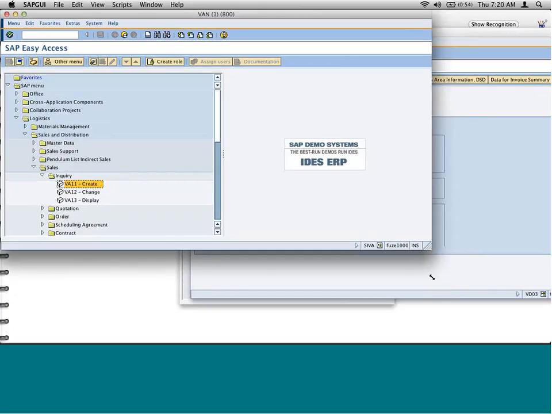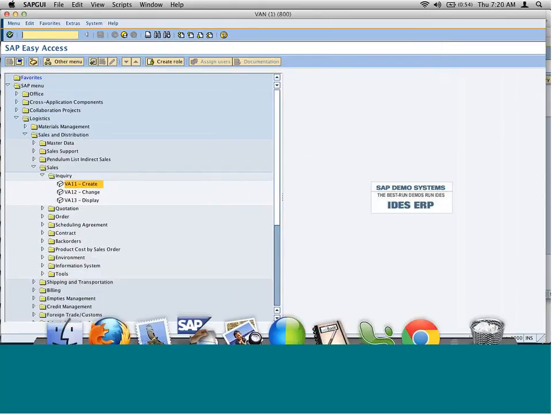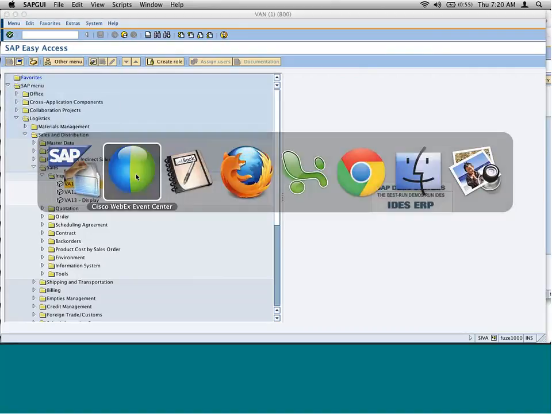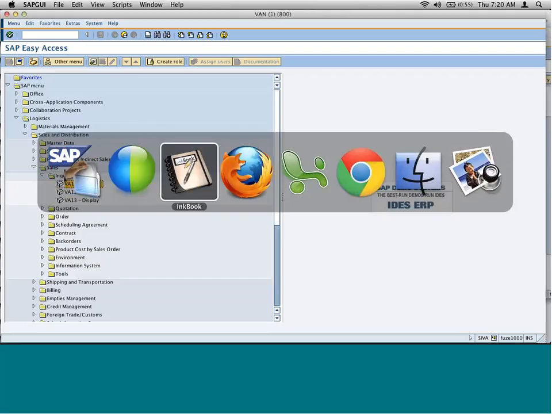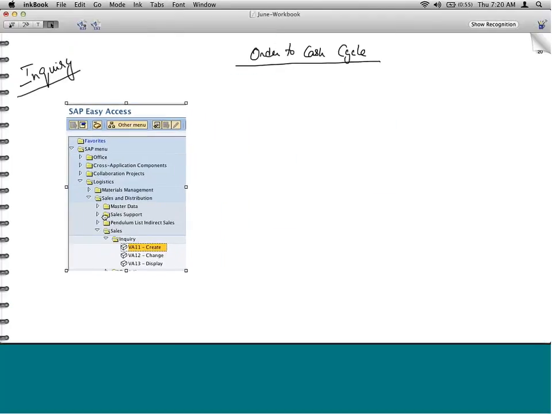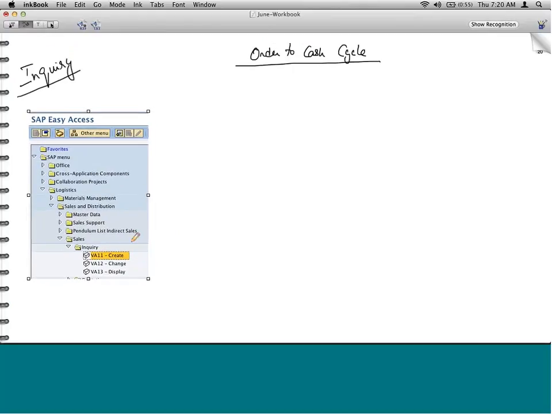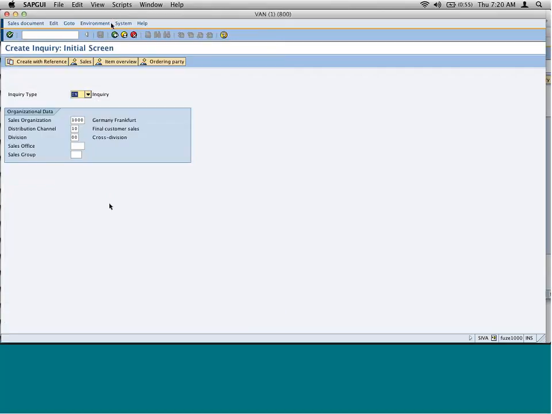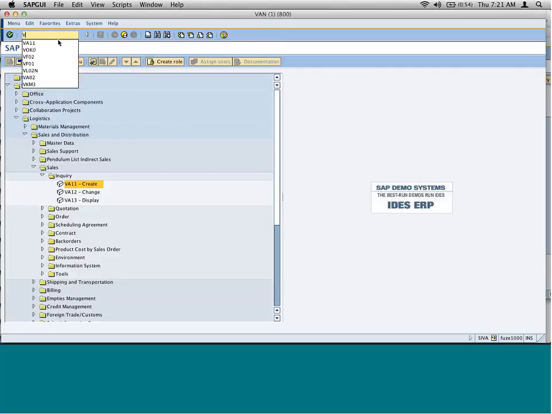Right? You can use the transaction VA11, or you can just go to sales and logistics, sales and distribution, sales, inquiry, VA11. Okay? So here is how you create an inquiry, or use the transaction VA11. Okay, VA11. Now go double click on this, or you can just go here, like I said, and click on VA11. All right, and then